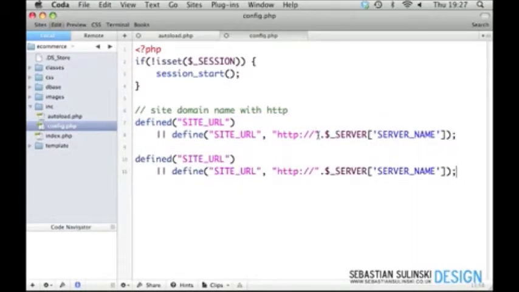Now before we move forward, let's just explain what's happened here. SITE_URL will be the constant which we'll be using, and we will have access to this constant from anywhere within the application, because it's in a file which is always going to be included on every single page. So this SITE_URL constant will have a value http colon slash slash and then the SERVER_NAME predefined PHP variable. This predefined variable basically returns something like this. If, let's say, we have website www.google.com,